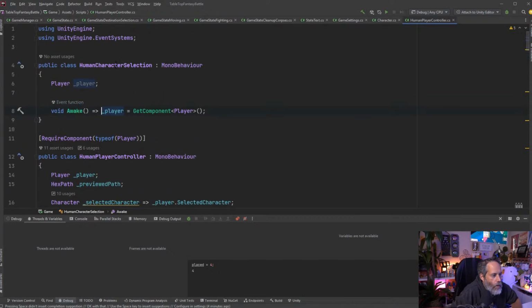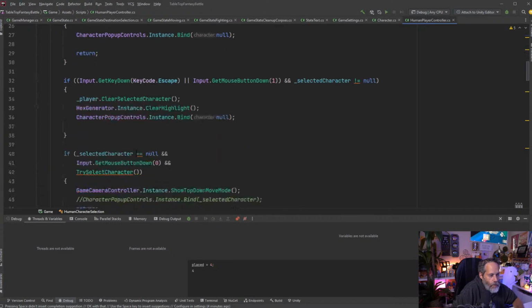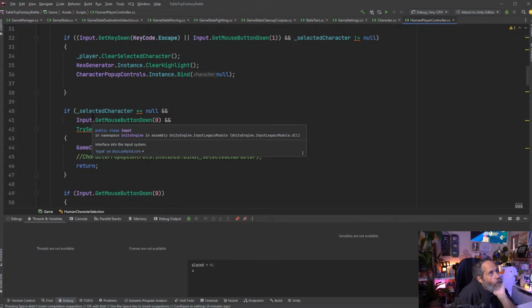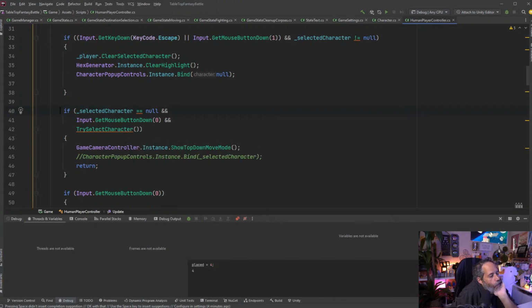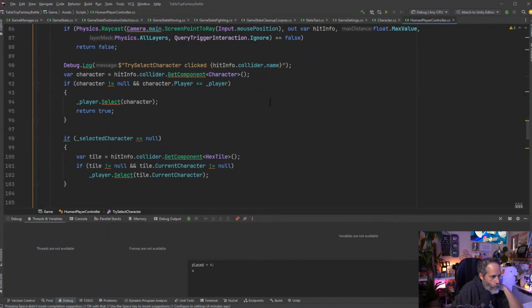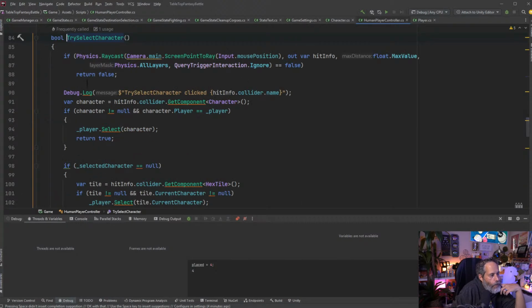So we've got our HumanCharacterSelection, and in the Update, we'll just check to see if I have clicked on a character, if my mouse is over a character and I'm dragging it, something like that. Or, what does TrySelectCharacter look like again? What does select look like? Oh, yeah, that actually might be good. Maybe,